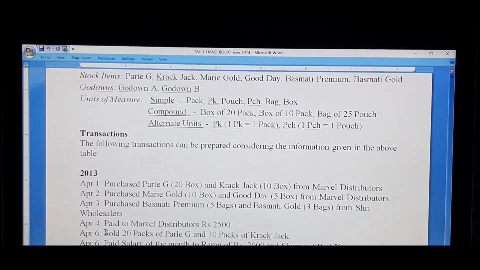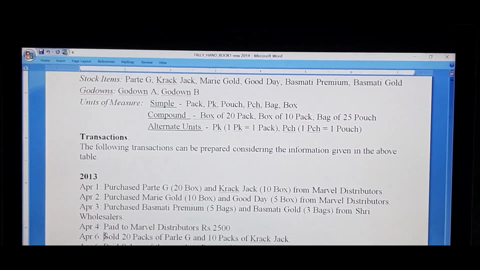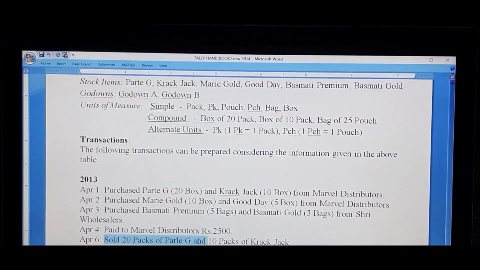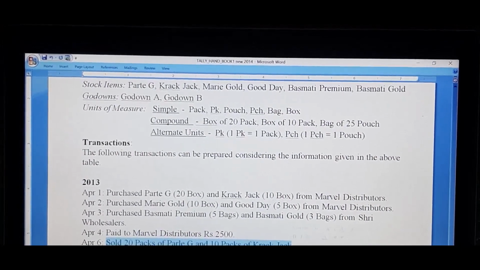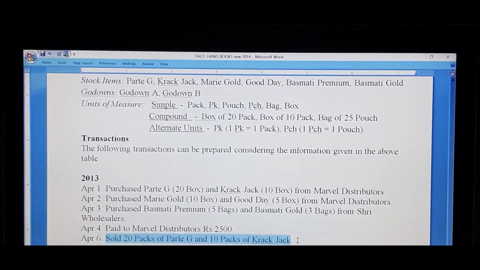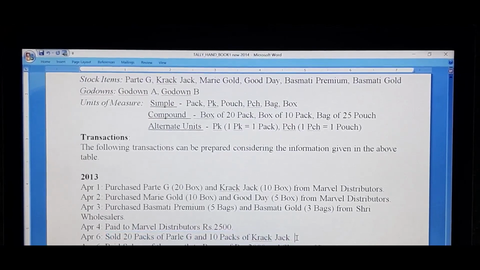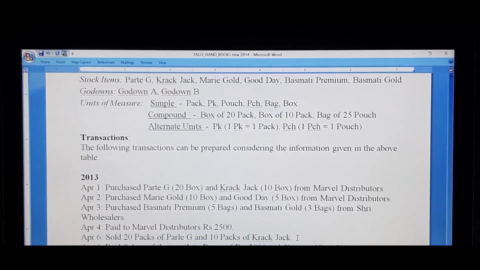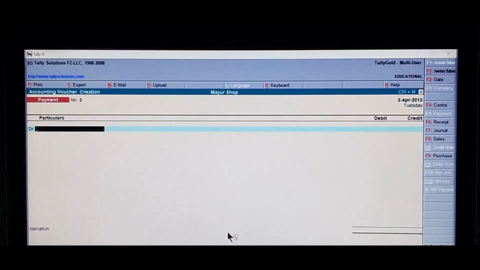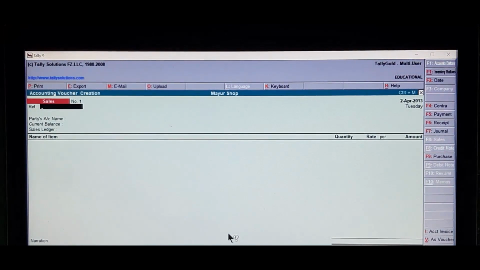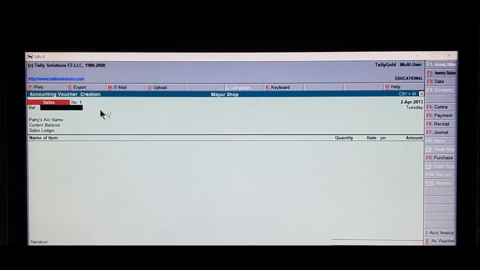Next transaction, sold 20 packs of Parle-G and 10 packs of Crackjack. It's in the form of cash sale transaction. This can be recorded either under sales voucher or receipt voucher. Let's go back to Tally. Press function key F8. Sales voucher.